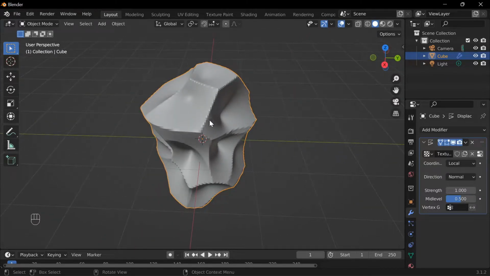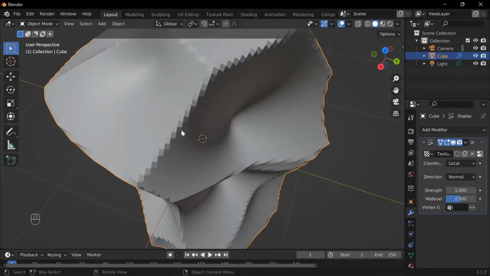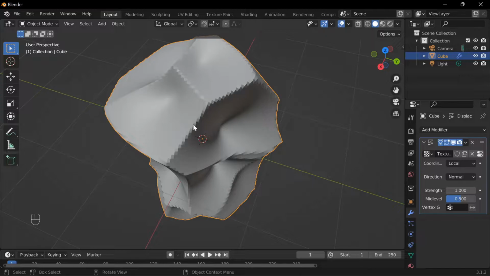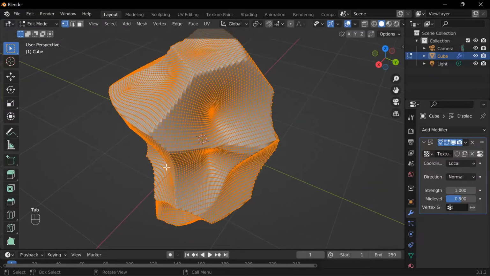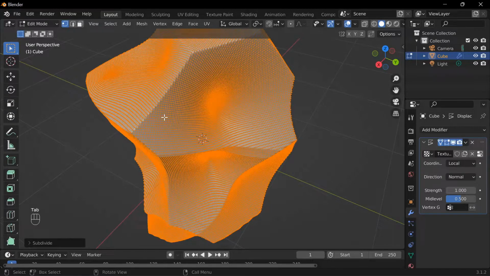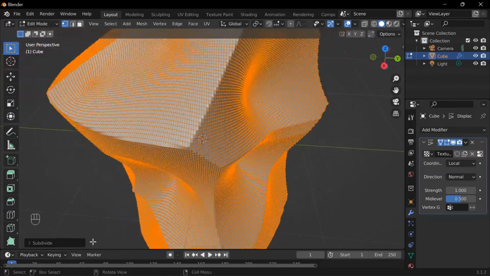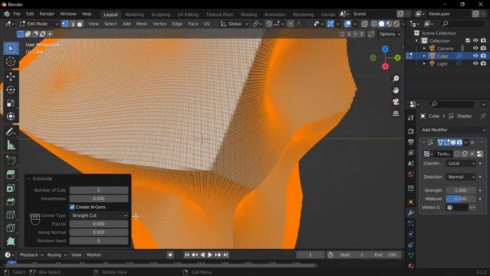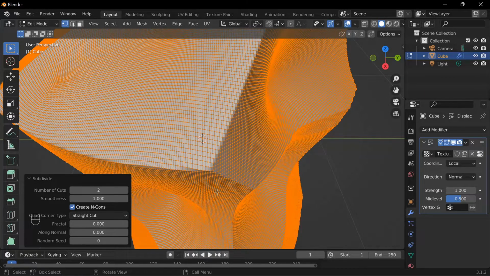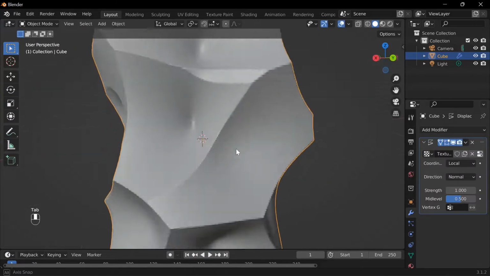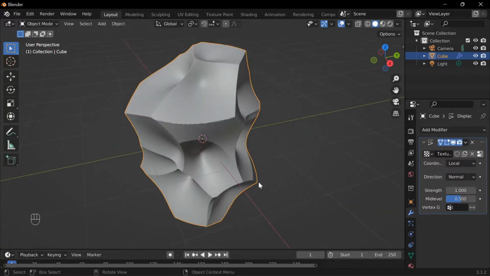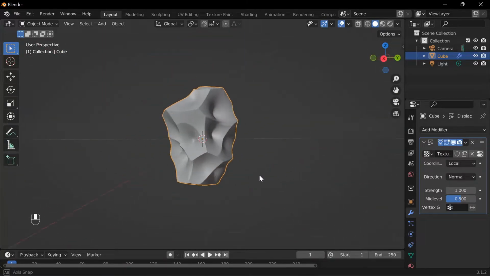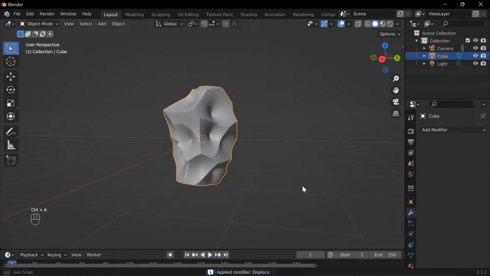So now you're gonna see that it's not really subdivided too much. Like you can see the faces. So we gotta subdivide it a little more. I'll do something like this, and then turn the smoothness up. There we go. Now it looks pretty good. All right. Now apply the displace modifier, Control A,